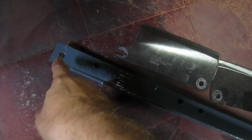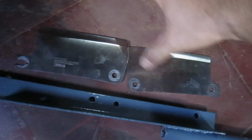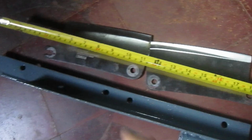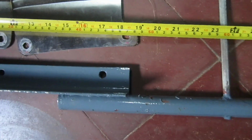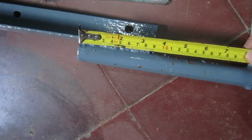Okay, here, so this will be the fulcrum where it pivots up and down, so that you'll place the coconut under these 2 blades and then cut it in half. So the length of this angle bar is around 18.5 inches. There's an overlap here of about 4 inches,